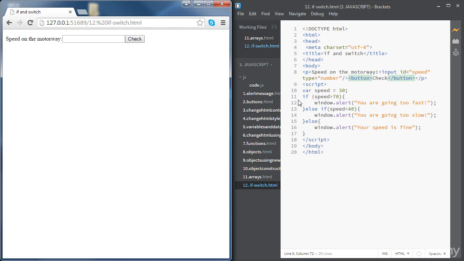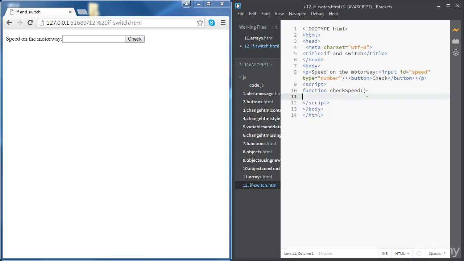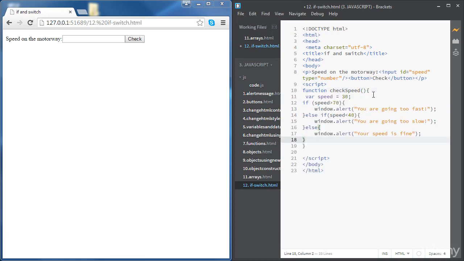Okay, so all we need to do is to put this code inside a function and link the button to that function. So let's create a function that we're going to call checkSpeed. Okay, and let's copy all. Okay, so now we put all this code inside the function, and we're going to put all the code that we had previously,